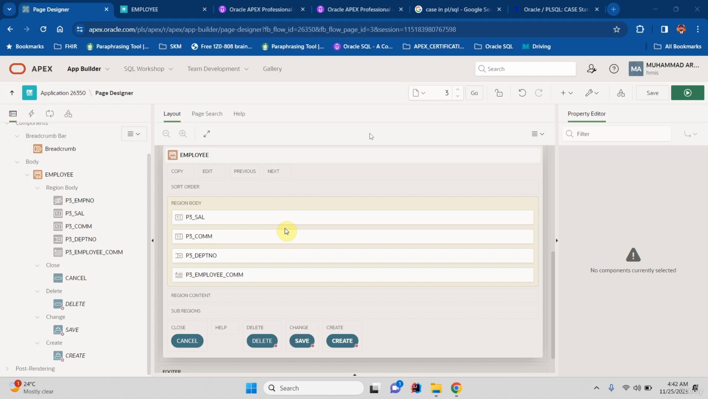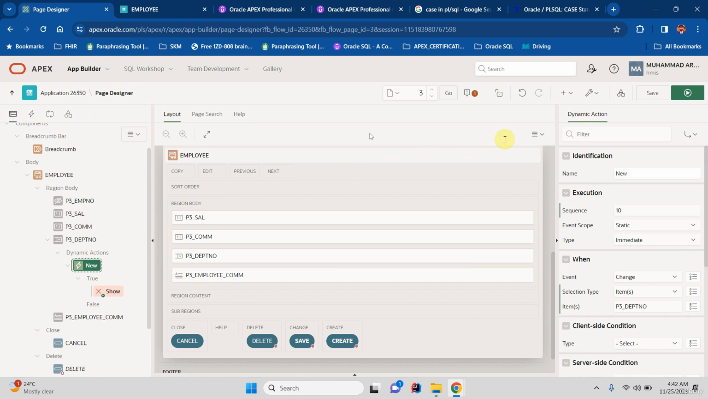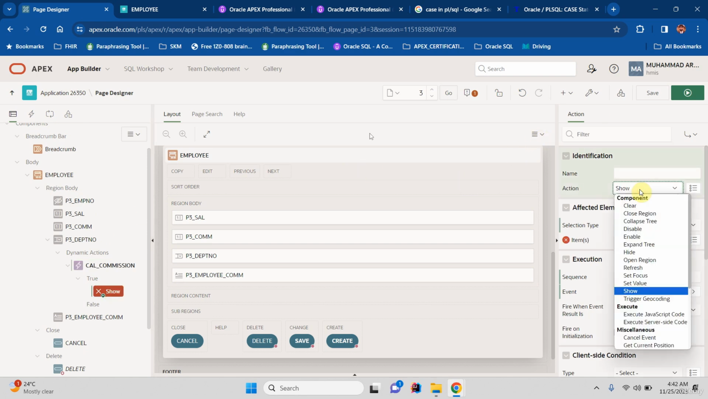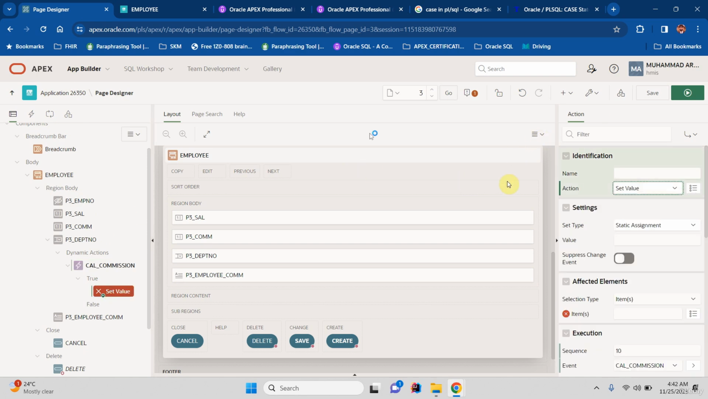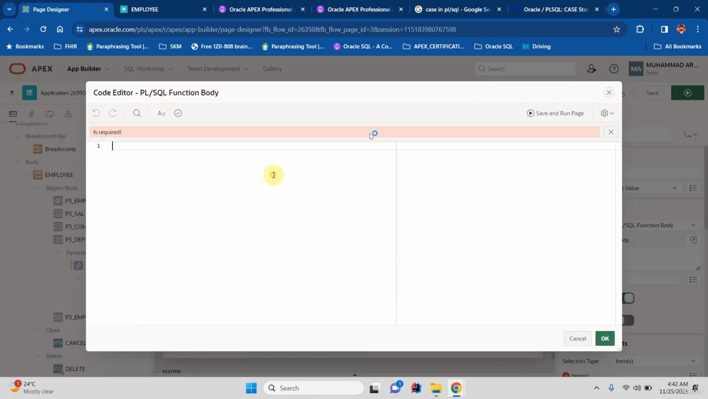Hello and welcome back. In this video, we will learn how we can set the page item values using PLSQL function body. So let's start and create a dynamic action. Right click on department LOV, create dynamic action, rename this dynamic action to calculate commission, then click show and change action type to set value, and here under setting change set type to PLSQL function body, and in the body